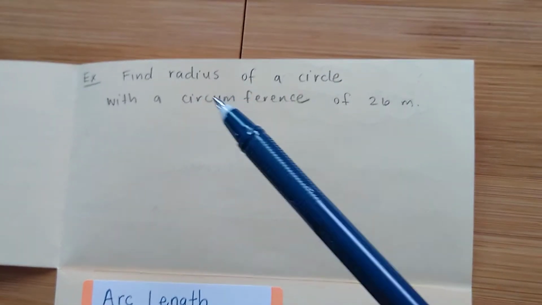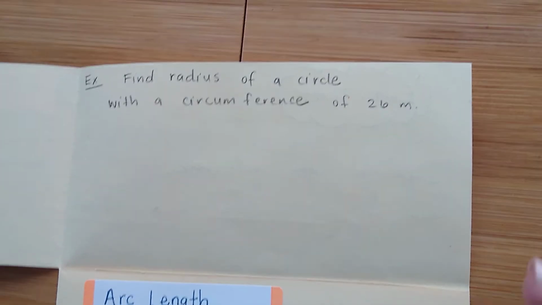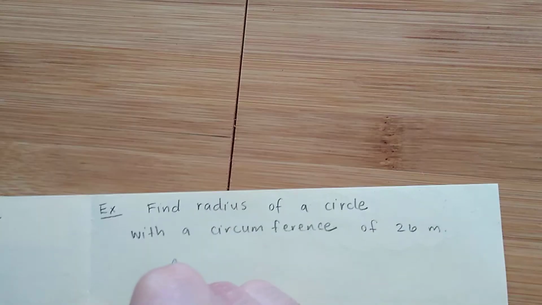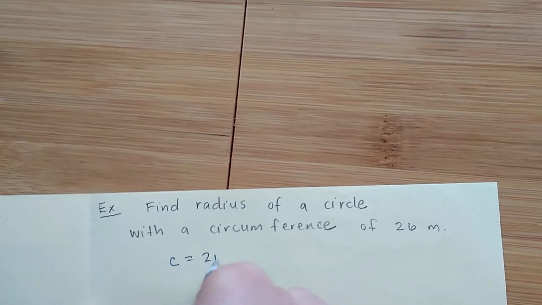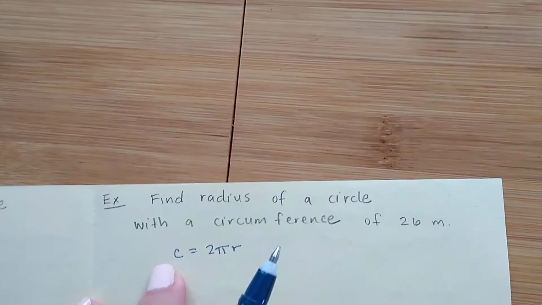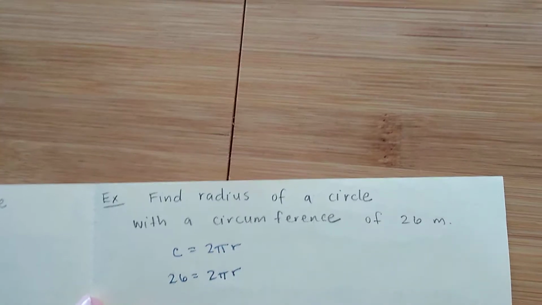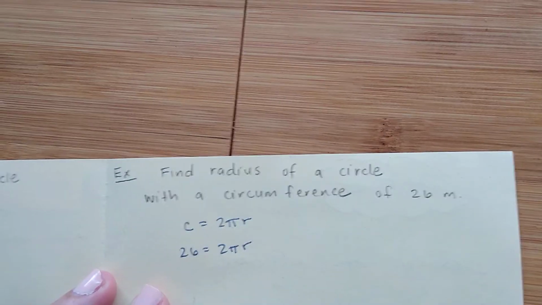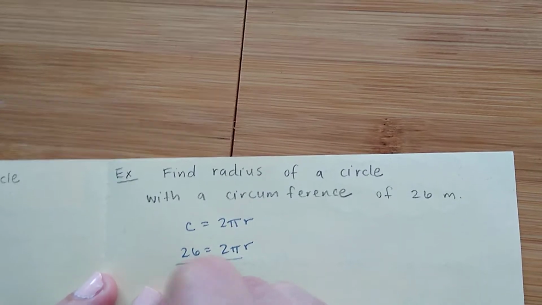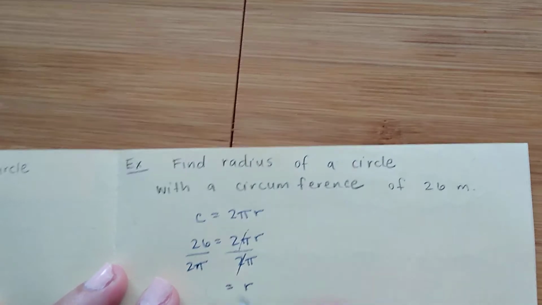For this one, it's saying to find the radius of a circle with a circumference of 26 meters. So we're going to be doing the same thing. So we have circumference equals 2 pi r. Now in this case, they gave us the circumference, so we're going to go ahead and just plug that in here. So C equals 26, 2 pi r. We're going to go ahead and divide both sides by 2 pi to isolate the r. This cancels, and then we are left with